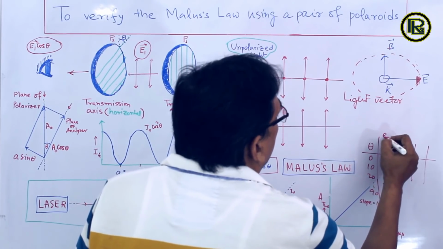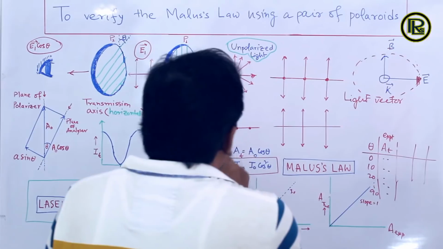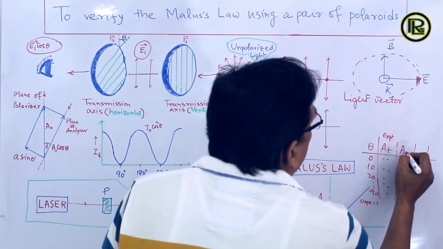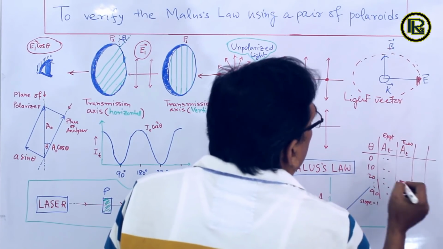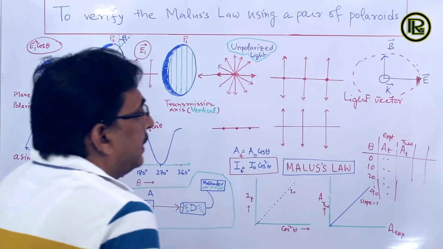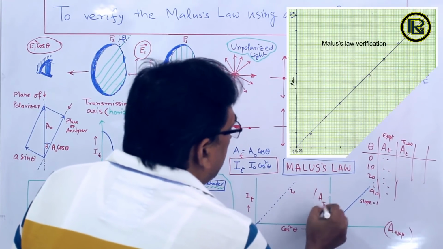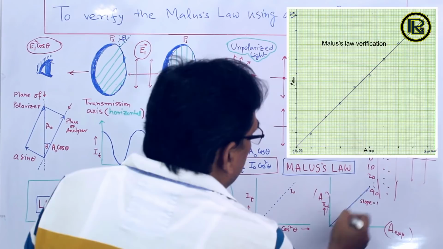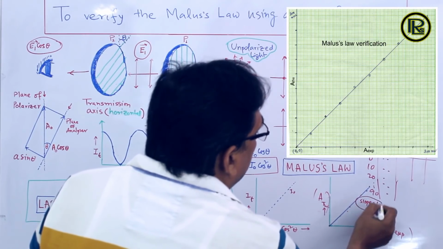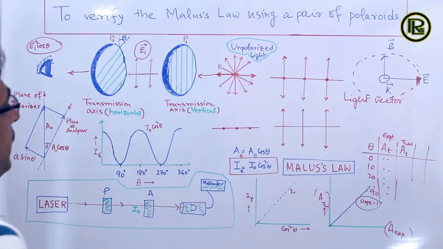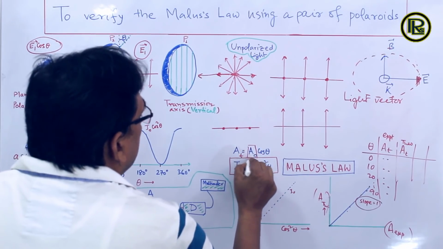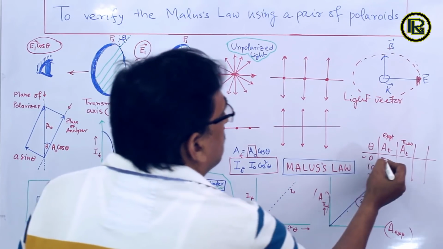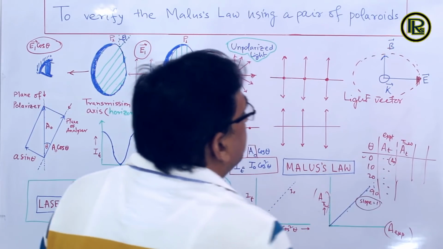So this is the experimental value, and what we get from the theory, that is the theoretical value. Then we have to match it, and if we plot experiment against theory, then we will get a straight line curve like this passing through the origin, and the slope of the curve will be 1, and this A0 we must record when theta is equal to 0. So this reading will be A0.